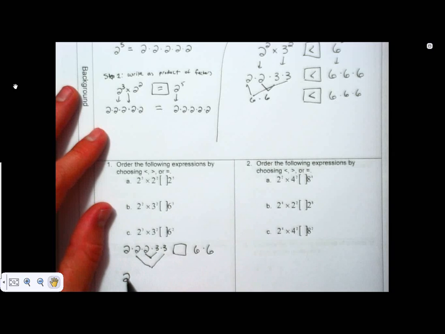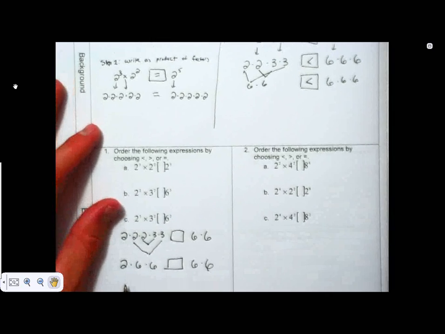So if I write out what I have, I've got 2 times 6 times another 6, and I'm trying to compare that with 6 times 6. Well, I can see then that the left-hand side is actually going to be bigger,